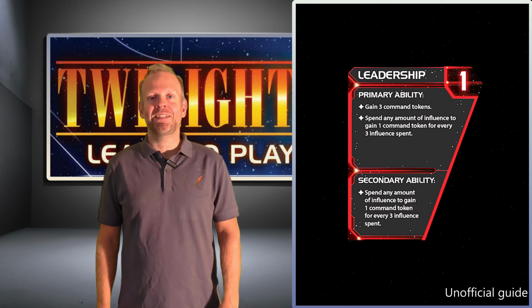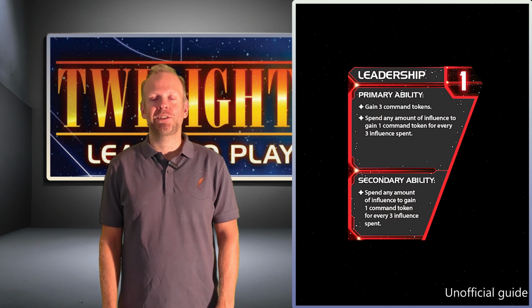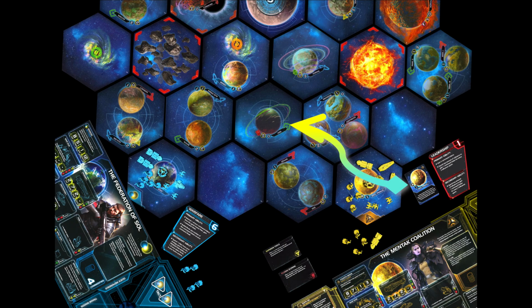The first strategy card in the game is Leadership, and it's also the one with the lowest initiative number, and that means that you go first during all the turns in the action phase. There are two good reasons why you want to go first, or at least have your turn before one of your neighbors. The first one is that, let's say you want to take control of an empty system before